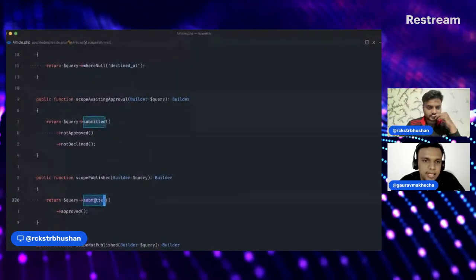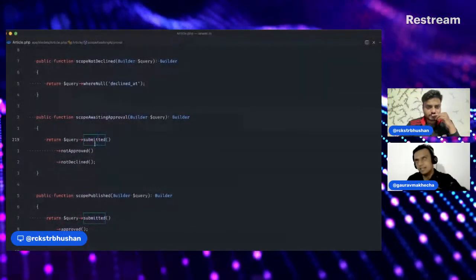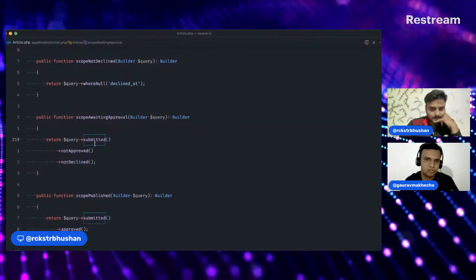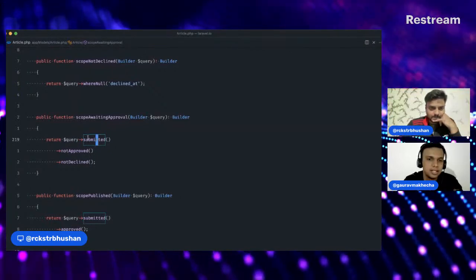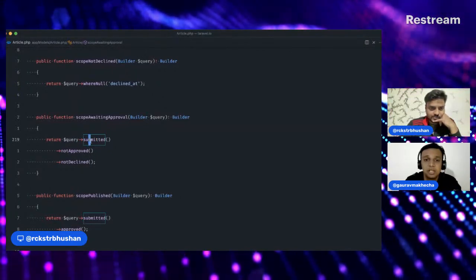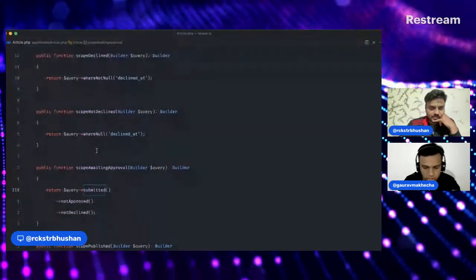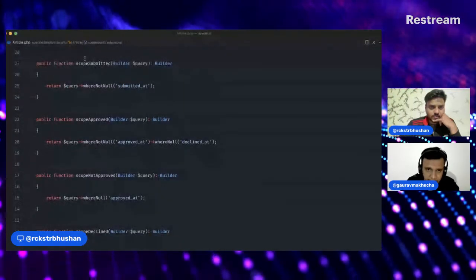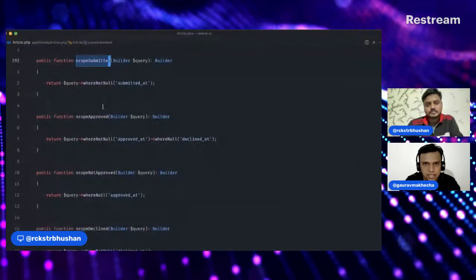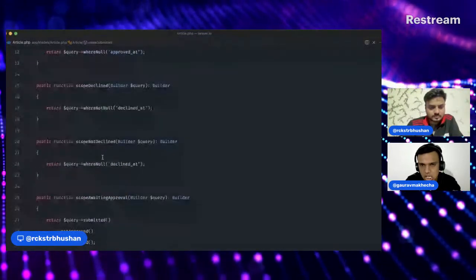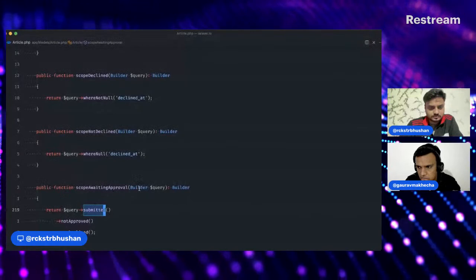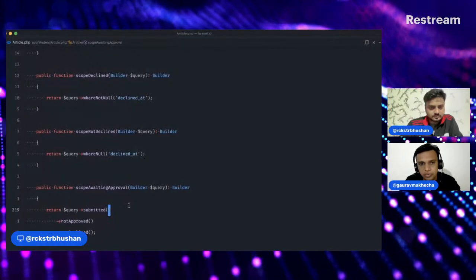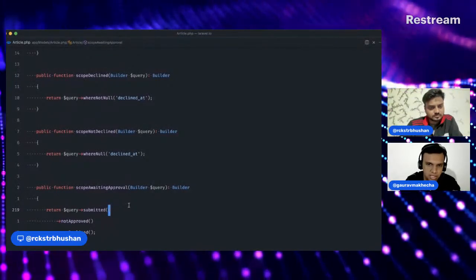So Laravel is again very good at detecting the scopes. Again, scopes are magic of Laravel. Laravel does detect them when you use them with the correct object. So let's say you have an Eloquent object somewhere in your controller or somewhere else, and then you call these methods, it works. But here, when we're looking at it, we are looking at the query variable, which is an object of the Builder class.